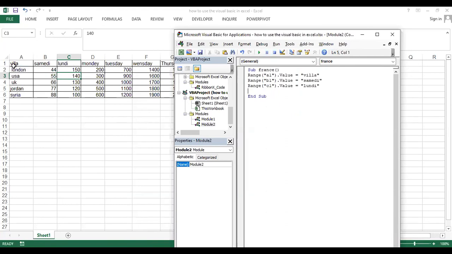He has changed city to villa, Saturday to samedi, and also the day here from English to French. If I want to make it English again, by sub English, range for A1